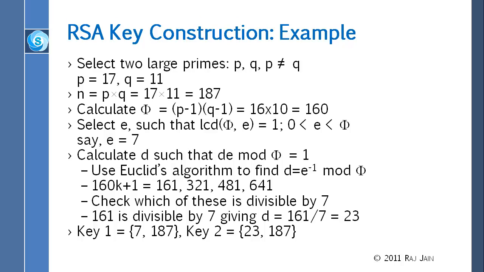The bigger thing is, if somebody could factor out 187, then they're done. We can factor 187 into 17 and 11. Once we know 17 and 11, we know p and q, and then we can figure out the other key. That's why RSA has this challenge where they put down a number and say, okay, here is the challenge, you can factor this out, and people work for 7 years, 5 years, 2 years, all that. So that is the challenge: these numbers are very large, and even the best scientists in the world cannot factor them out in the short